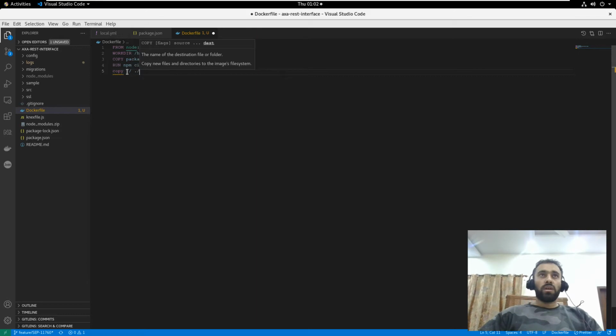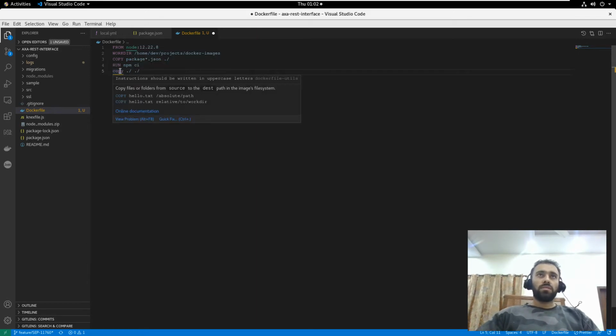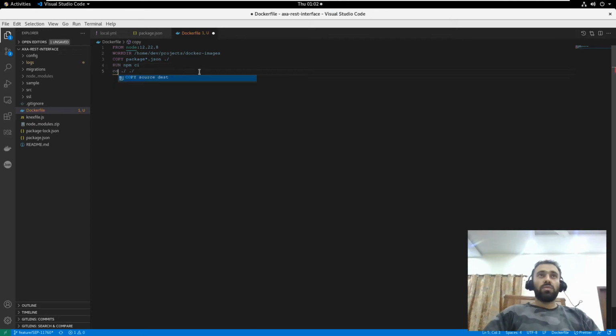It gives me a warning that all instructions should be written in uppercase letters. I don't know whether this will actually work or not, but it gives me a warning, so I am writing my instructions in uppercase letters, and I am copying all my code from here to the